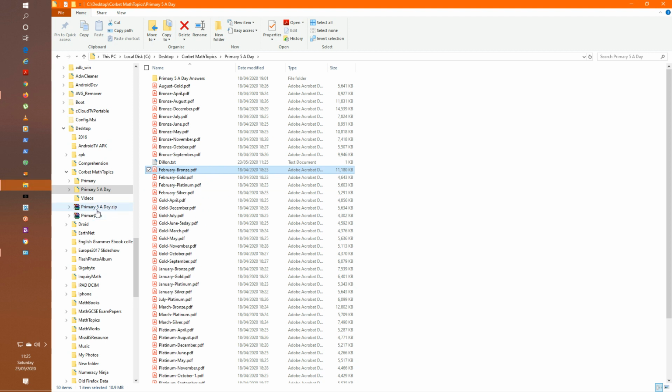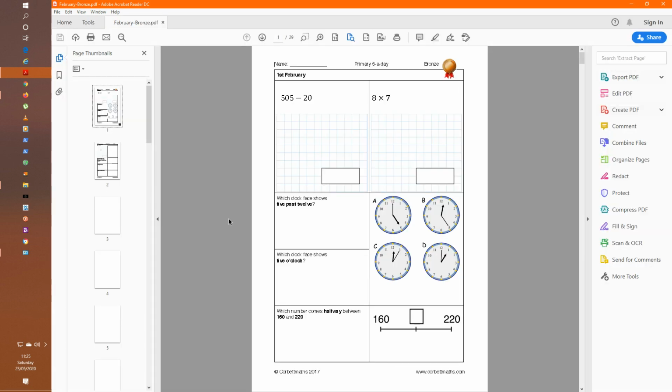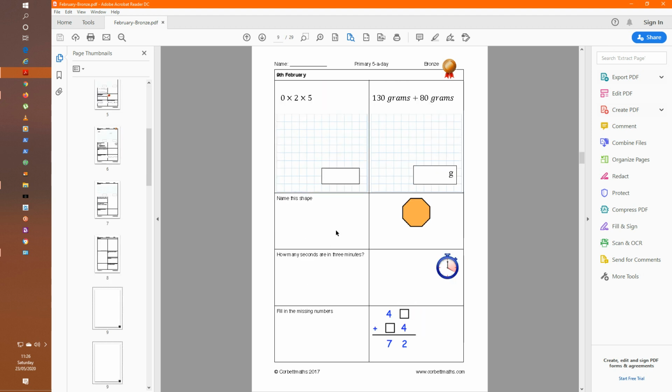So it's a primary 5-a-day zip file, and the other one is the primary zip file as well. So the 5-a-day is this particular worksheet. It is very good. It tests all the mathematical knowledge that is required for your child to possess in, I believe, year 3. If you do the bronze, it's year 3, silver year 4, gold year 5, and platinum year 6 for your primary school. He has done really well,